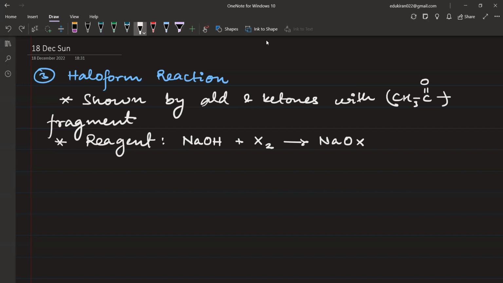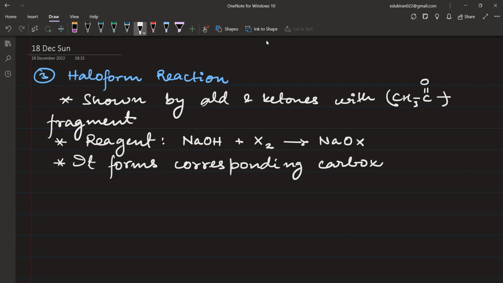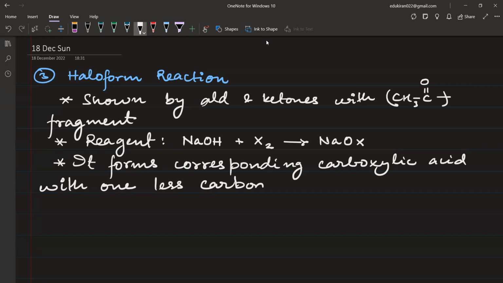Now, this is the reagent. And what does it form? It forms the corresponding carboxylic acid with one less carbon, and haloform. So in general, the reaction looks like RCHO plus